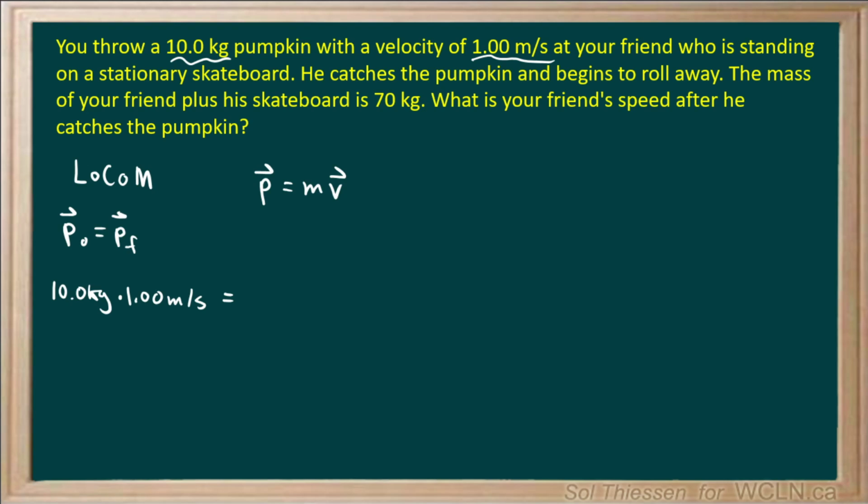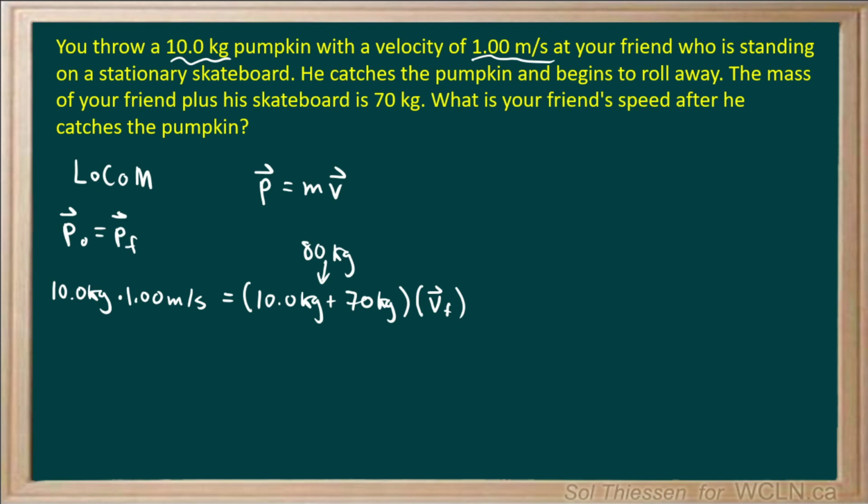After the two become coupled, they have a combined mass and a shared velocity. Their combined mass will be the 10 kilograms of the pumpkin plus the 70 kilograms of the skateboarder and skateboard, times their shared velocity, which we'll just label v with a subscript f. Now if we solve for this shared velocity by dividing both sides by this value, which is